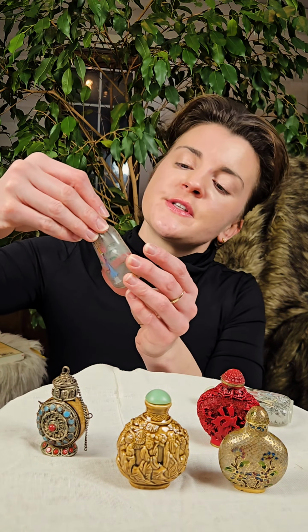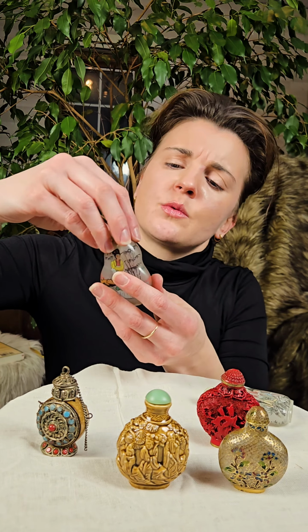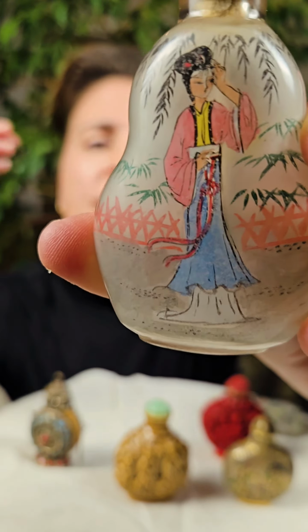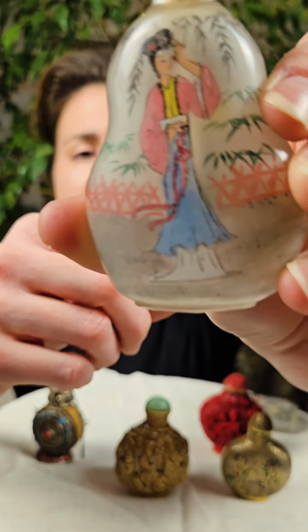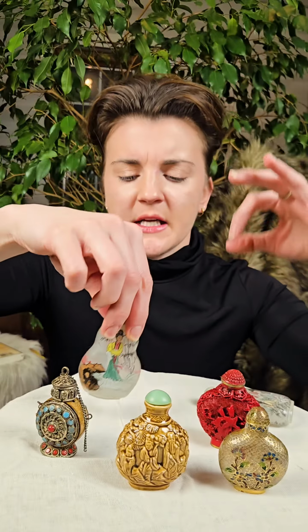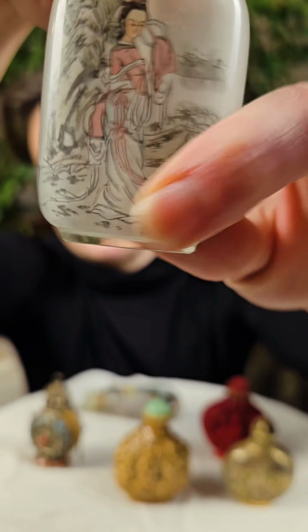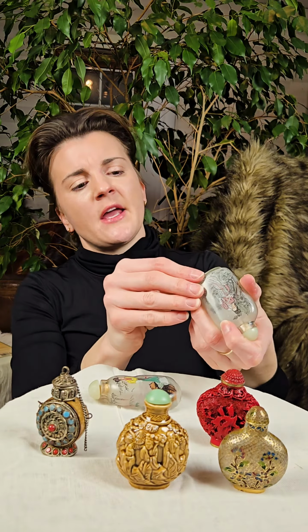Jade top. And the paintwork for this is very intricate. You're painting a backwards image of whatever you're painting, sometimes with a needlepoint-like paintbrush that is curved. So these are really pieces of art. We don't get them in very often, but when we had a collection like this, I was like, I need